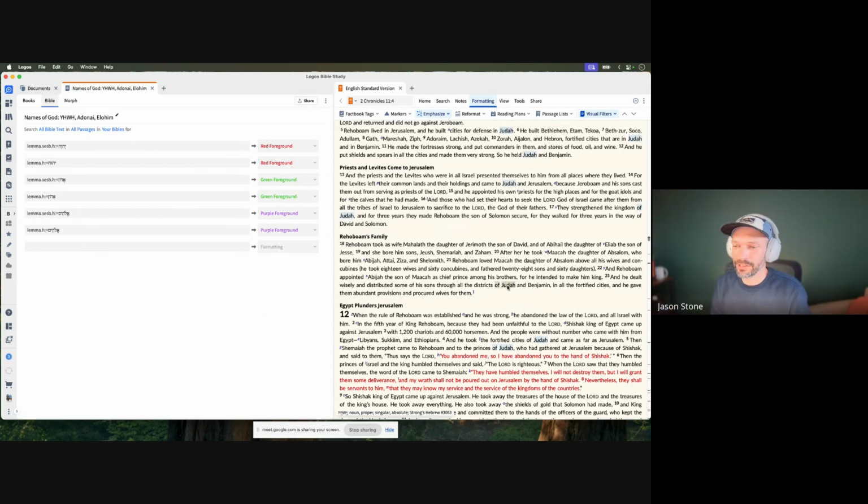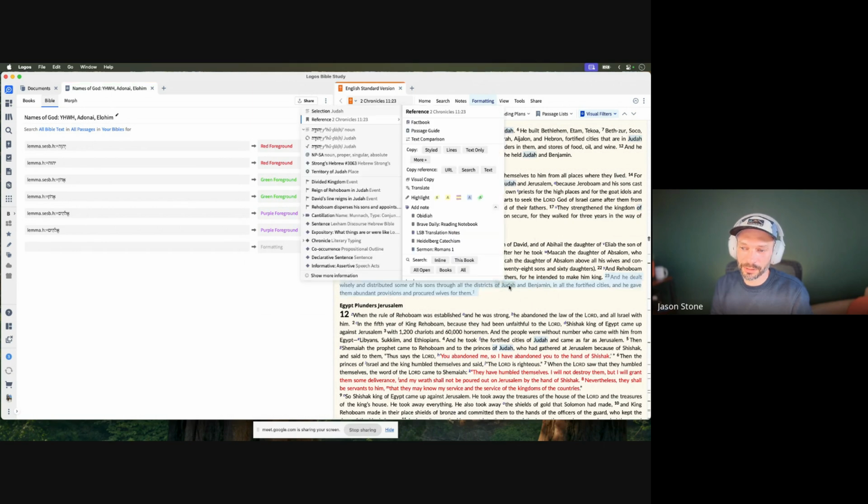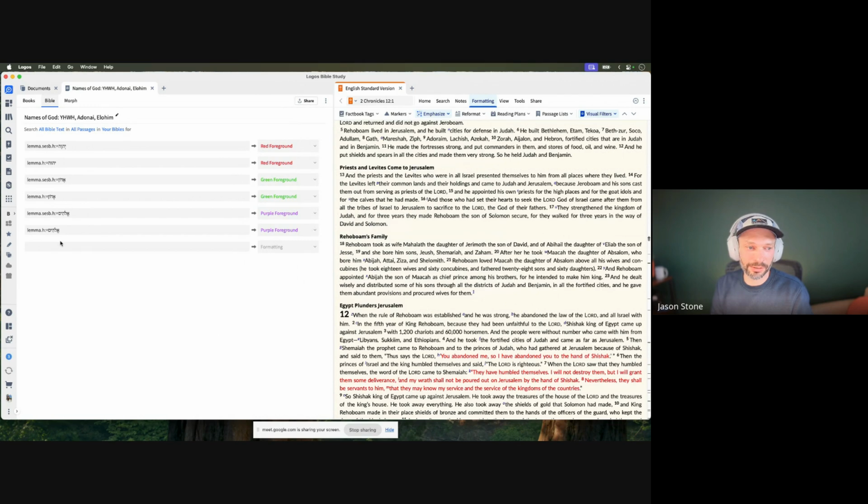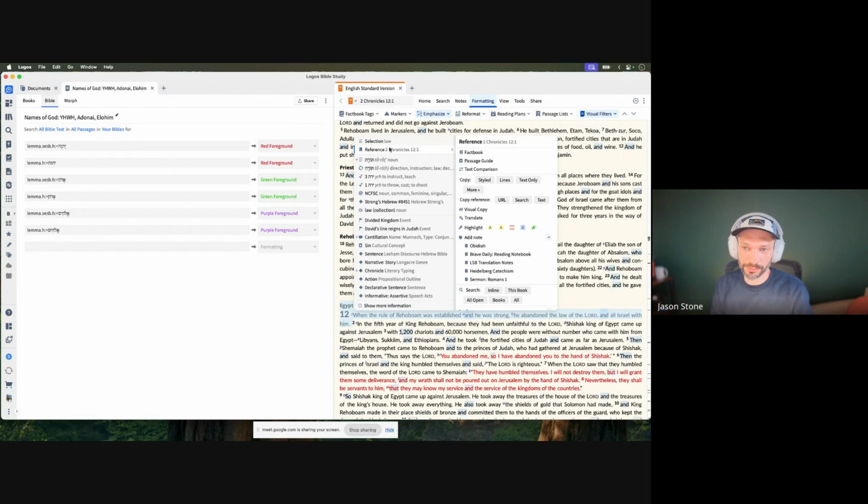So if every time the word Judah was mentioned here, instead of going over here and creating a visual filter for the word Judah, a lot of times it's more helpful to find the lemma, okay? I'm not sure where you're at with your studies or whatnot, but the lemma is just the dictionary form of the Greek or the Hebrew. So it's the rawest, most original form.